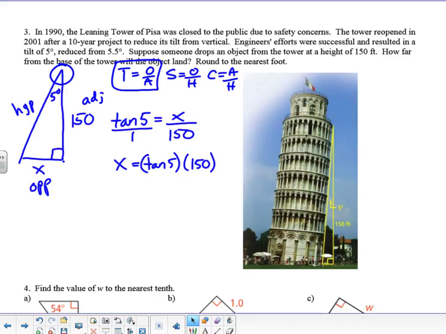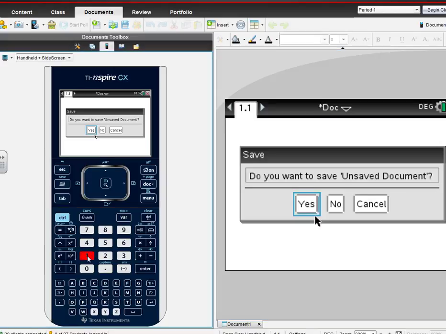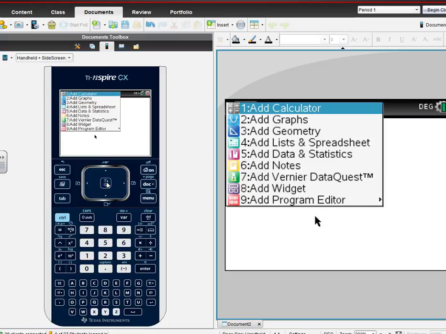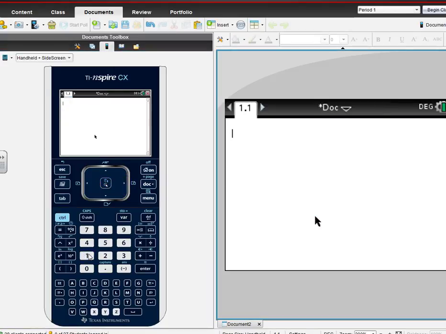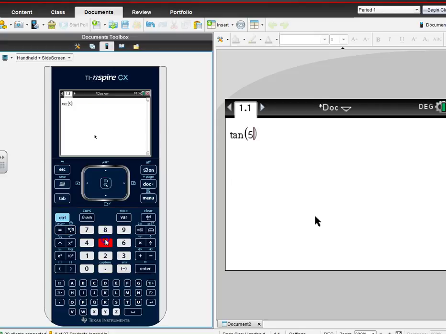So let's go ahead and pull up our calculator. We've already changed the setting on it. So I'm going to open up a new document, and we'll use a calculator here. The trig functions are this button right here, and we're going to go over to tangent. So the tangent of 5, then I'm going to arrow to the right, times 150, is